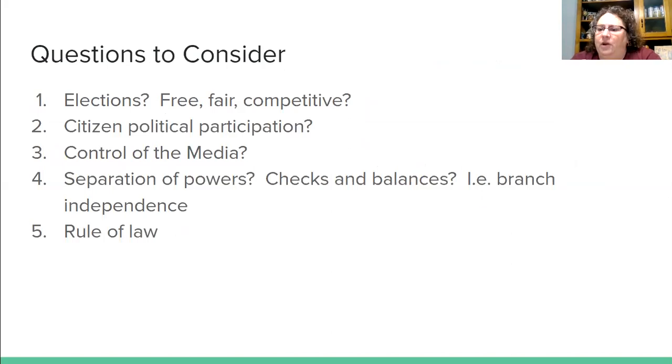All right, and we talked about what those democracies look like. I think I mentioned pretty much all of these except for political participation. We're going to look at that a lot more in Unit 3, because that's where we start talking about civil society, where we have voluntary groups that are not controlled by the government, what we would in America call interest groups. We'll also look more at checks and balances, or branch independence, when we talk about executive, legislative, and judicial branches tomorrow.